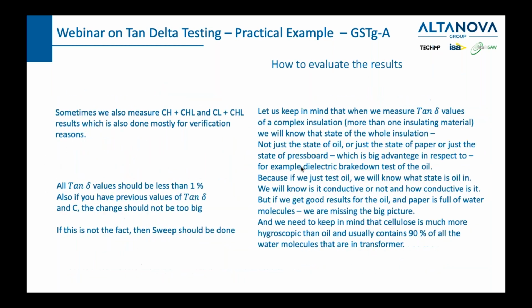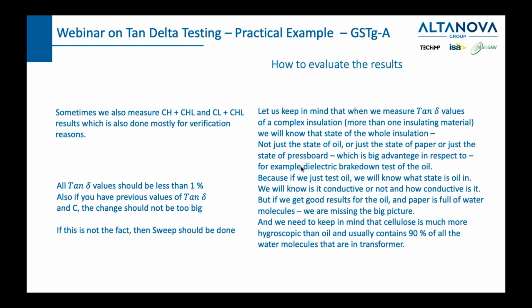So these are the results, and what I wanted to mention is one important thing. When you measure tan delta, you don't just measure the state of insulation of one element of your transformer. You measure the state of insulation of the whole insulating system. You measure the state of the pressboard, all the cellulose, the oil, everything is connected, everything is put into this one number. You know, this is good because if you measure just one element, for example, oil, and you find out there is very little water in the oil, you need to keep in mind that most of the water